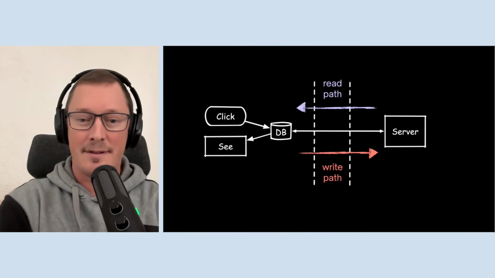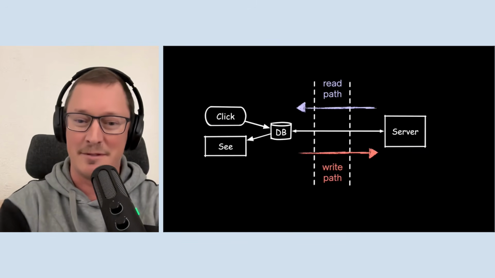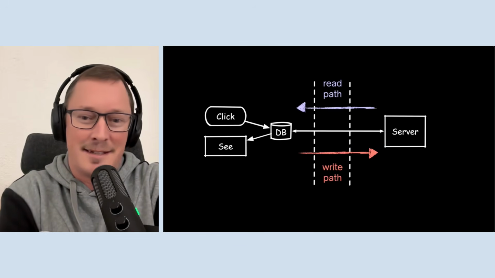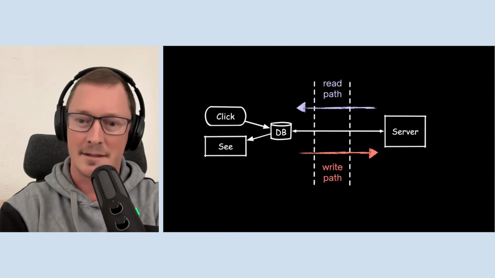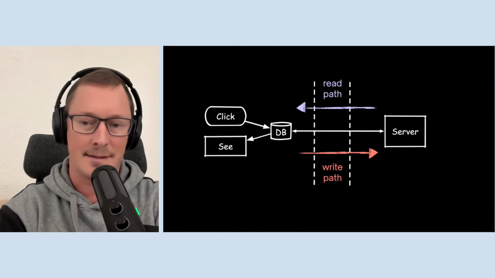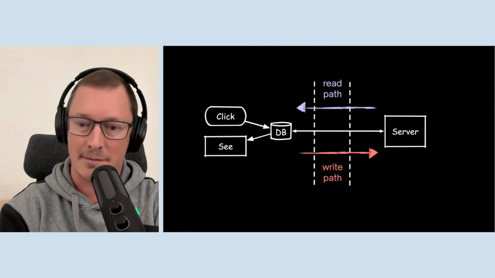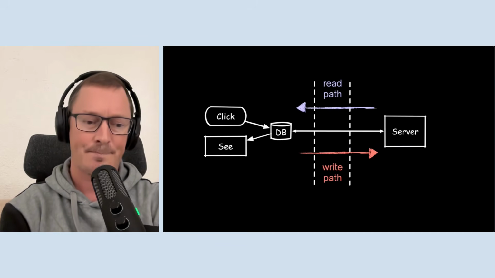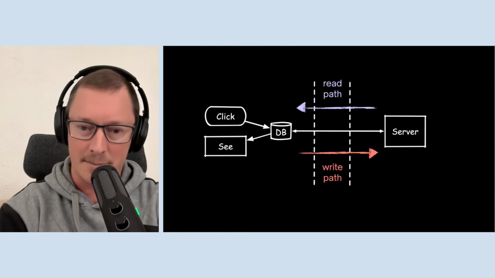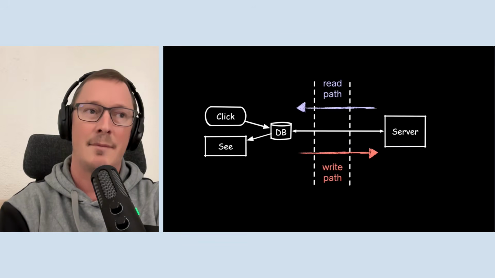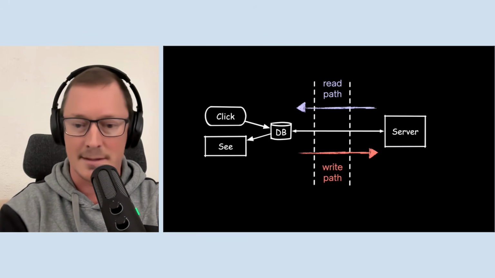And the write path has a bunch of very well-known complexities, especially to people who are familiar with distributed systems. You have concurrency challenges, conflicts, difficulties maintaining integrity and user intent. And actually, these are quite application dependent. And so I'm going to come back to these in the next section.